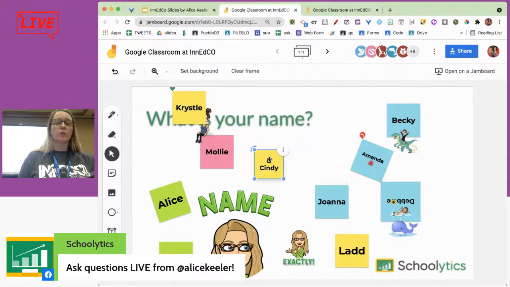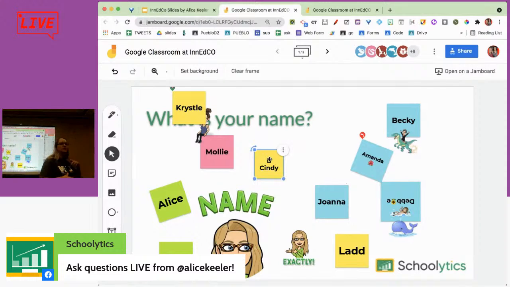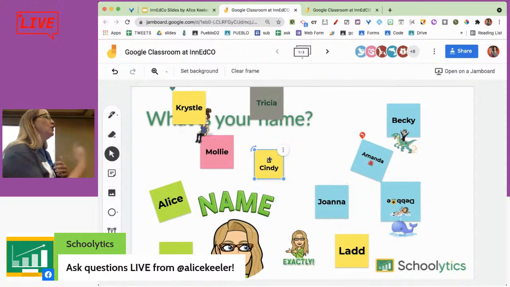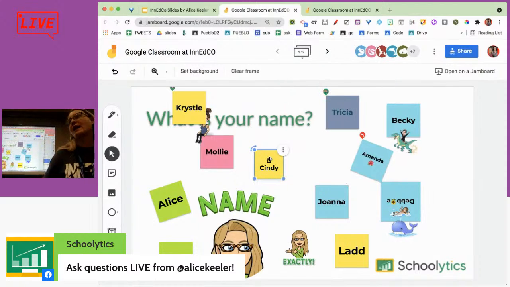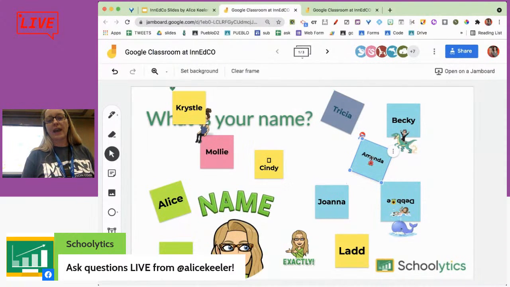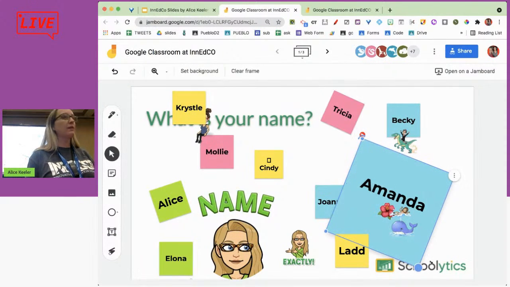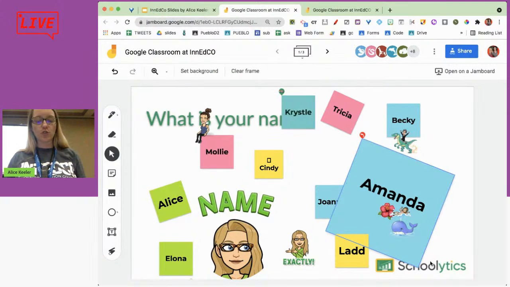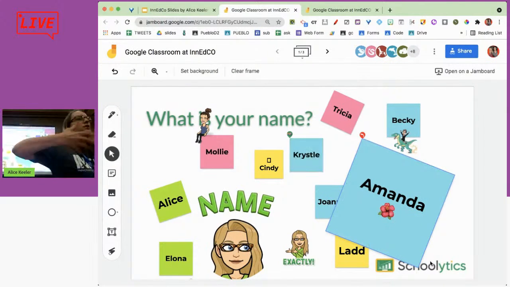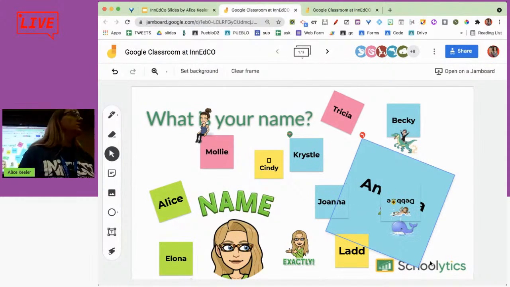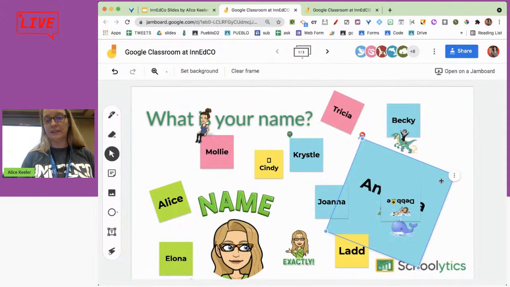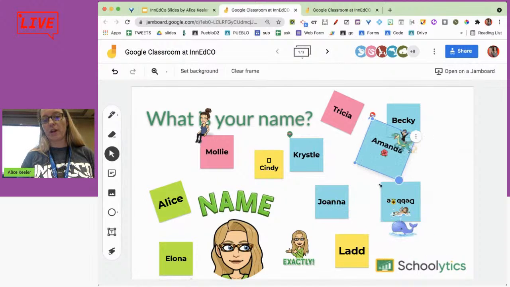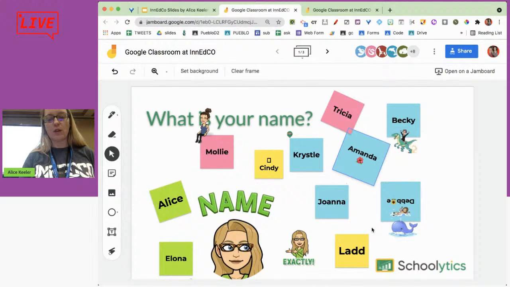And this is one of my tricks when I use Jamboard. My rule for using Jamboard is we do it so that I hear from everybody. We do it to collaborate, more student voice, and more active student engagement. So as I ask my students to participate, I'll make it big to focus on. And you can use Control-Shift-Up arrow to bring it to the front, Control-Shift-Down arrow to push it to the back. So that's just a fun little trick about Jamboard, even though that's not what we're doing today.